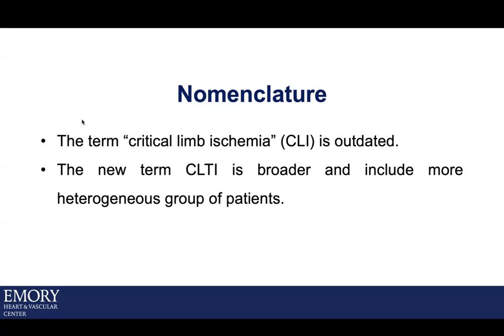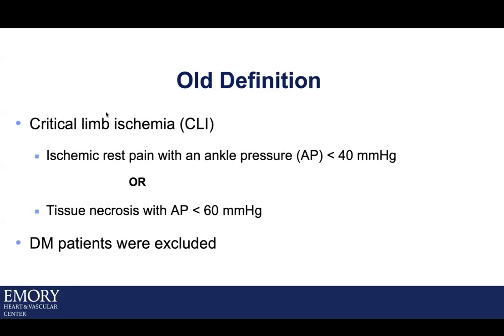Based on the new nomenclature, CLTI, there are patients who would be excluded from this definition, including patients who have venous ulcers or embolic ulcers or embolic ischemia or acute limb ischemia, traumatic ulcers, also autoimmune disease with vasculitis and neoplastic diseases. The old definition, critical limb ischemia, used to be defined as ischemic rest pain with ankle pressure less than 40,